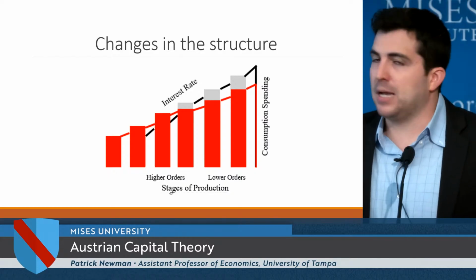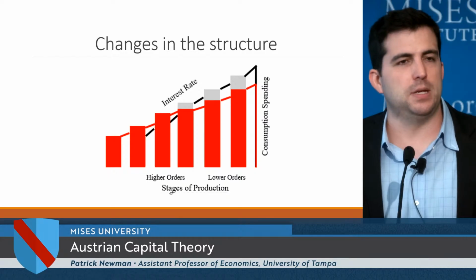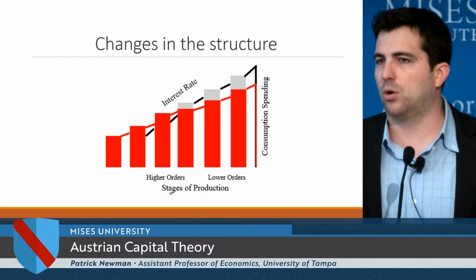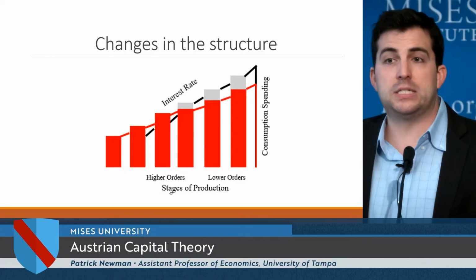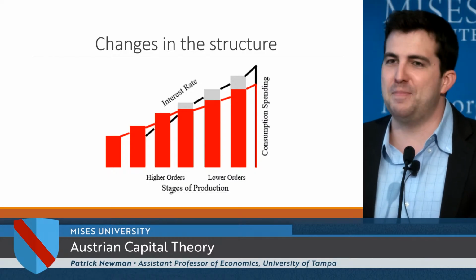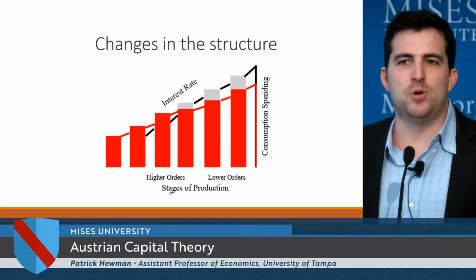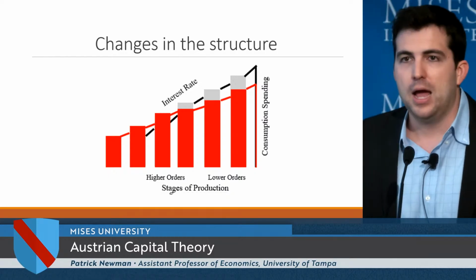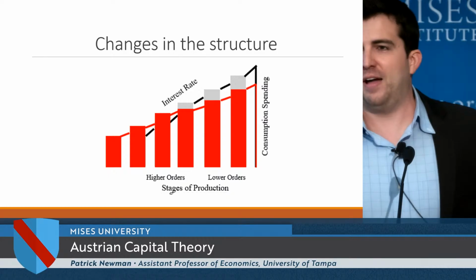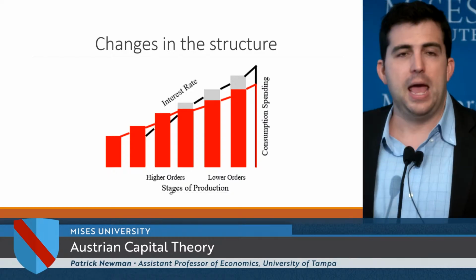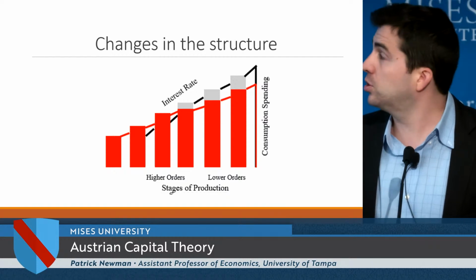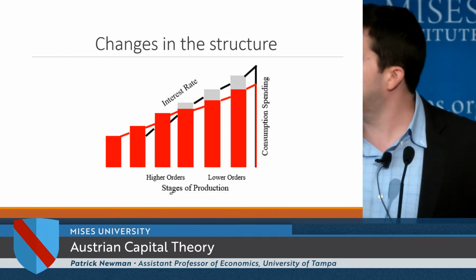The price of a laptop isn't nearly as much as what it used to be a quarter of a century ago. You wanted to buy a laptop, and it could be like $2,000. You could still get a $2,000 laptop, but it's going to be a lot better quality than what you could get in the year 2000. You could get a much cheaper laptop for $500, $600 that can do a lot more. That's the result of a more roundabout structure of production. That's the result of people saving more.